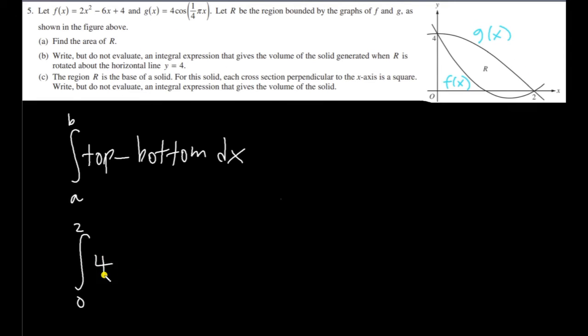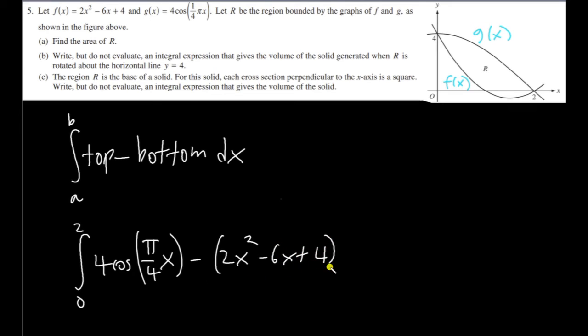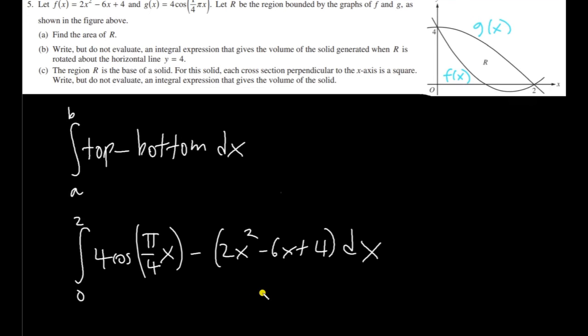G of x is 4 cosine. I'm going to treat this as pi over 4 x, because this is kind of weird. Cosine of pi over 4x, that's the top graph, and the bottom graph is f of x. That's this polynomial, minus 2x squared minus 6x plus 4. Don't forget the parentheses. It's always better to have too much than too little. So we have this, and then if you evaluate this,